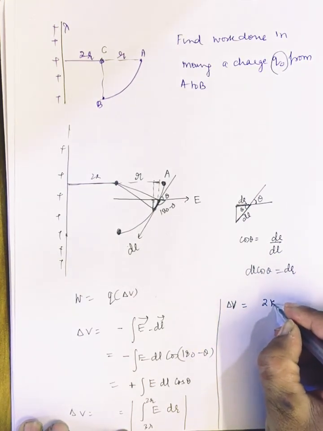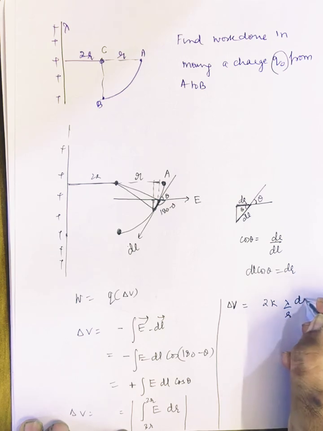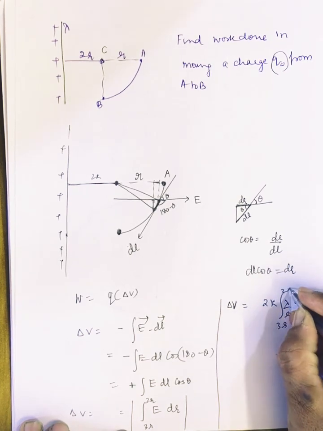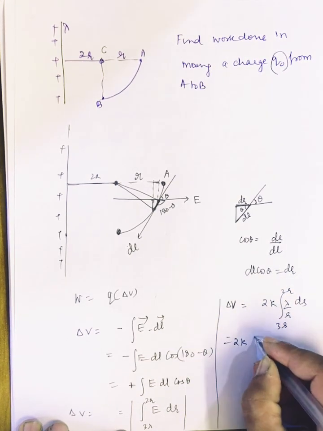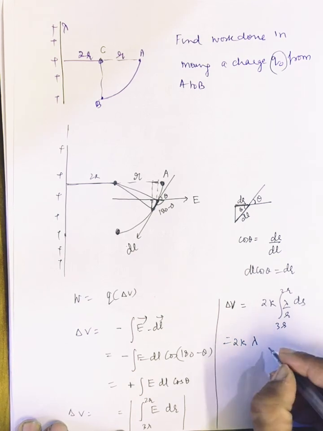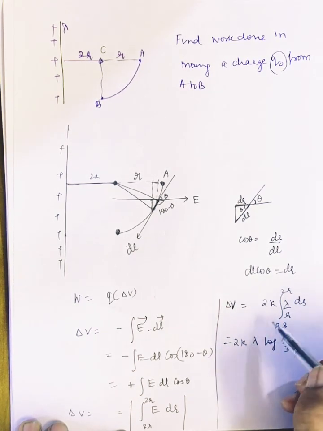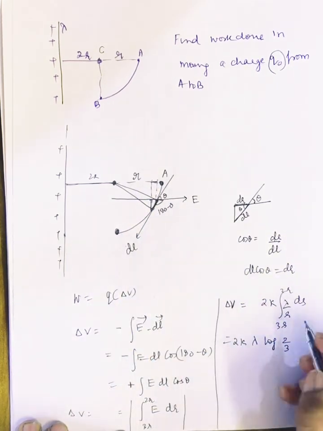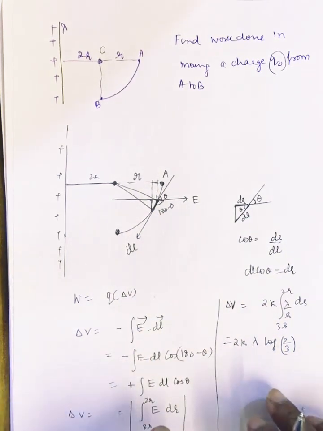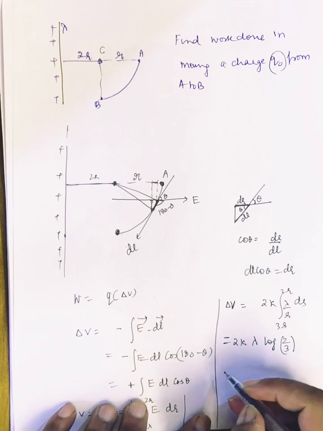Electric field is 2k lambda by r, dr from 3r to 2r. So 2k lambda log of 2 by 3. Because I'm going from 3r to 2r, log of 2 by 3. That's what we are getting as an answer. Now we have